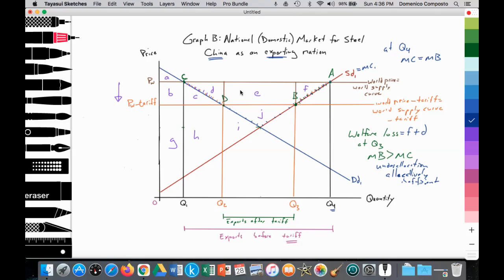And we also have an additional welfare loss of area E. Okay. Area E is the tariff revenue that is gained by the United States. So Chinese firms will have to pay that tax, and that tax will only benefit the US economy. It will go to the US government and benefit their stakeholders, but it will not benefit the Chinese stakeholders. So in addition, area F would also be a welfare loss to the Chinese exporting nation. Okay, so that is an analysis and evaluation of this model.